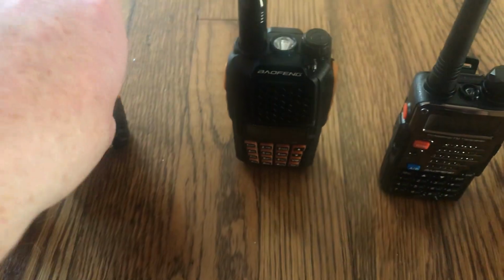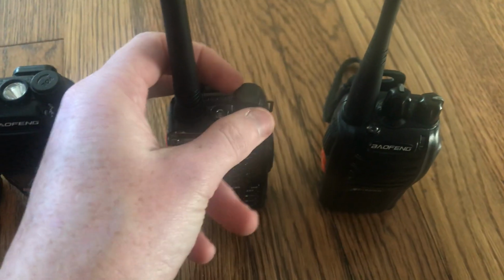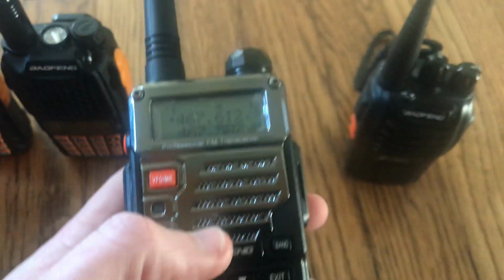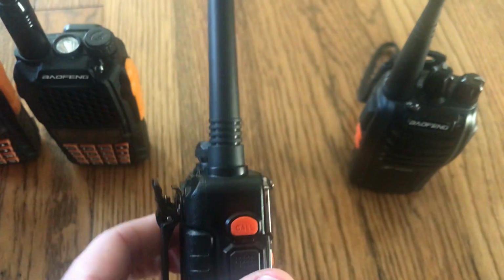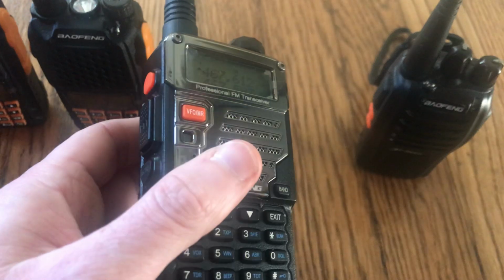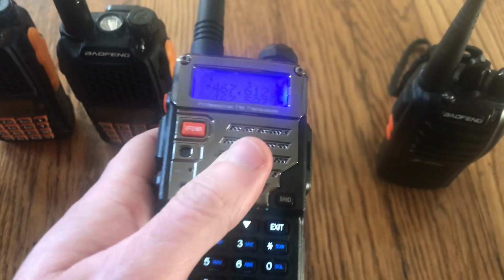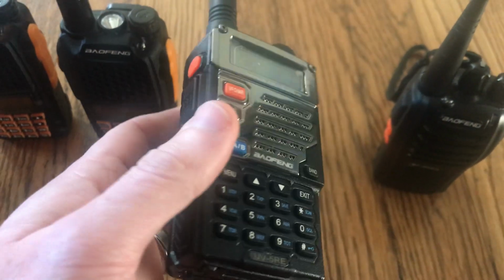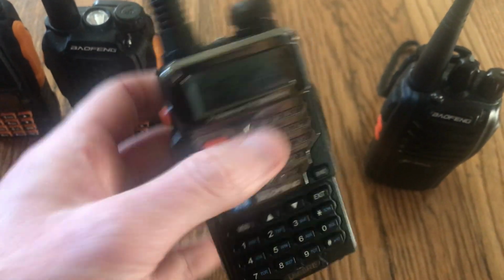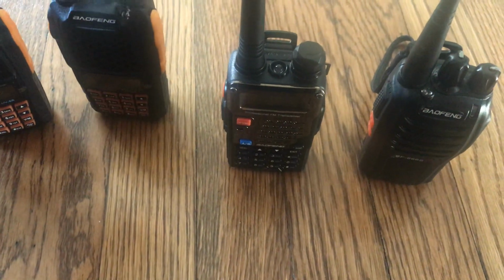Again, we've got the Baofeng UV-6R with the aftermarket, Baofeng UV-6R with the stock antenna. Actually, that's on 10. UV-5RE. I keep wanting to call it an RA. It's just a UV-5R with a fancy faceplate on there. It's shiny. It's like the UV-5R equivalent of the chromed out 1911 in 38 Super that's owned by the...